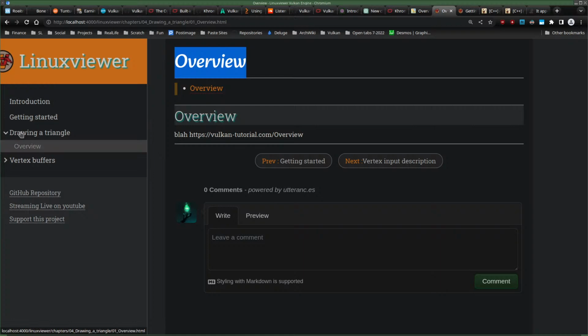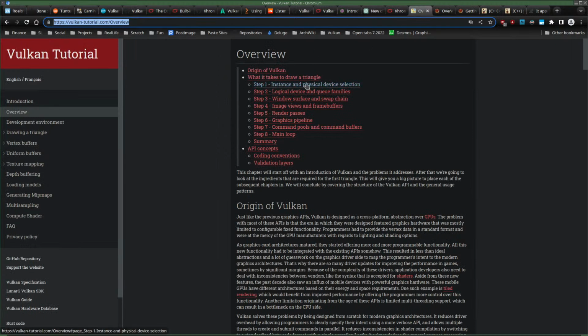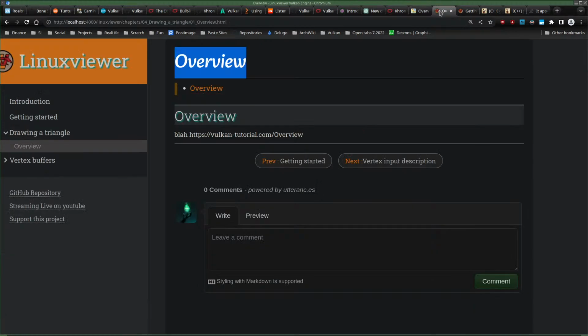So then you have drawing a triangle, and it's kind of the question is what comes after that, right? And what comes after it is overview, and then the whole list that is mentioned here. Physical device, logical device, stuff like that. So we want this to be overview. Then that is overview. Well, then what is this?